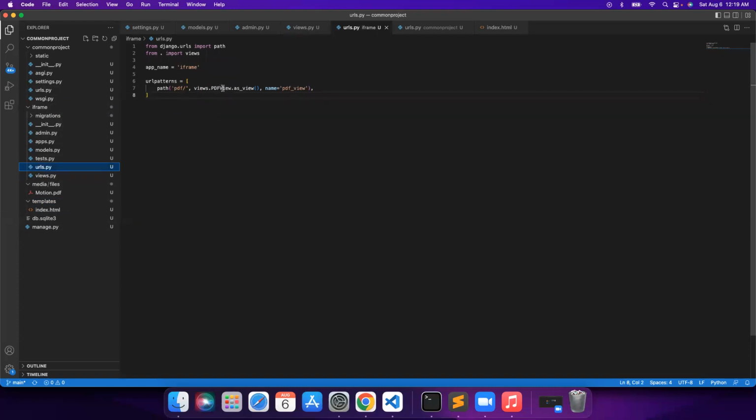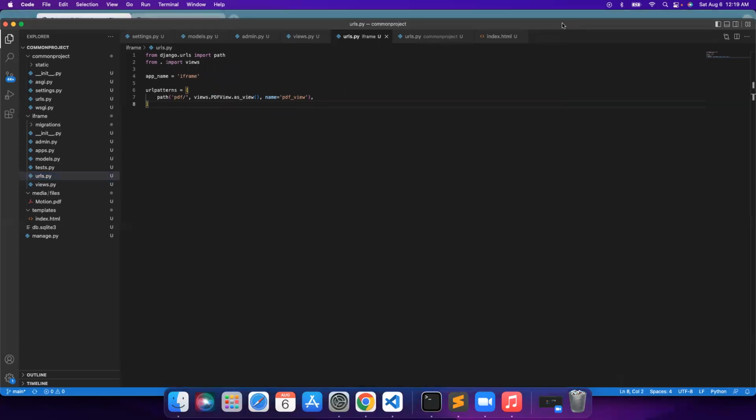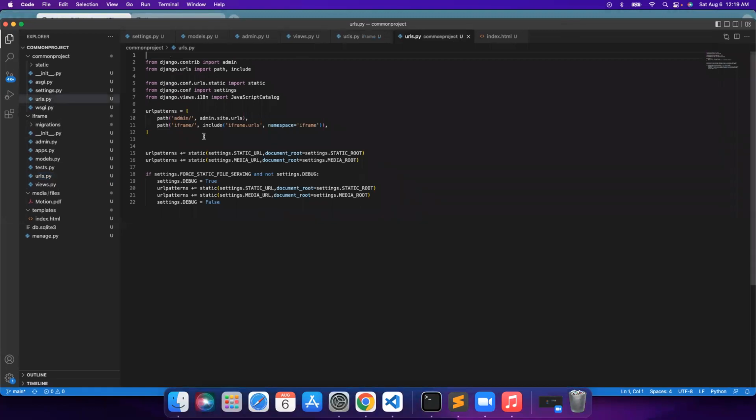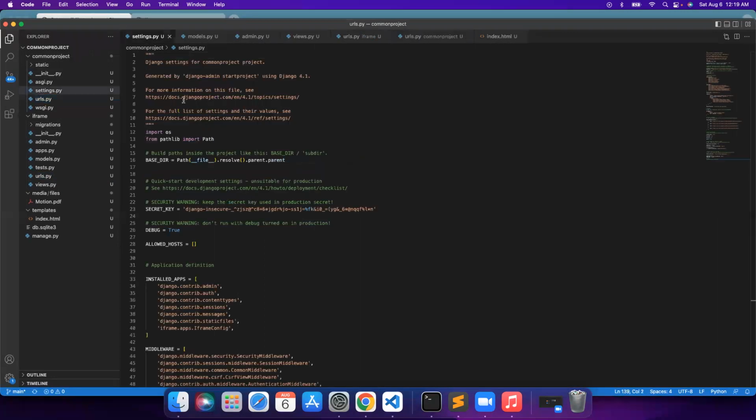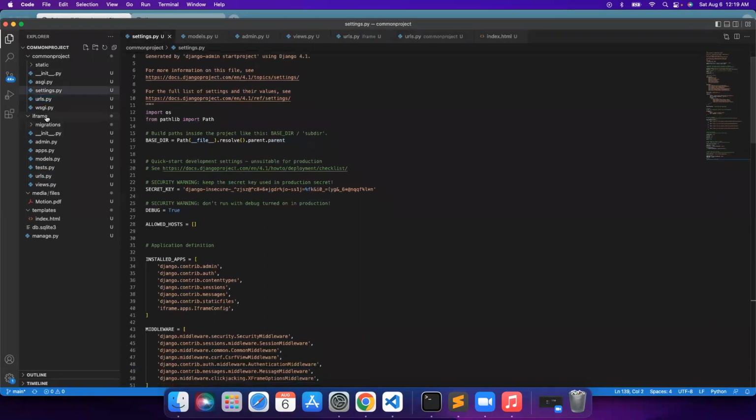This is the view name as view, and I define its name as pdf_view. I also include this URL pattern in the Django project. As here, iframe include iframe.urls namespace iframe,